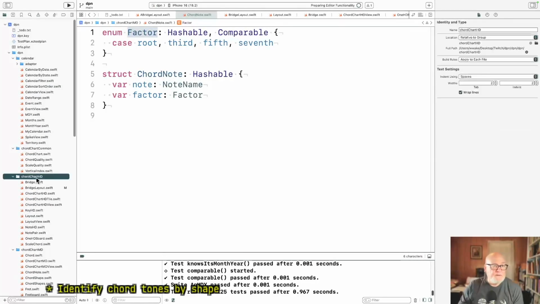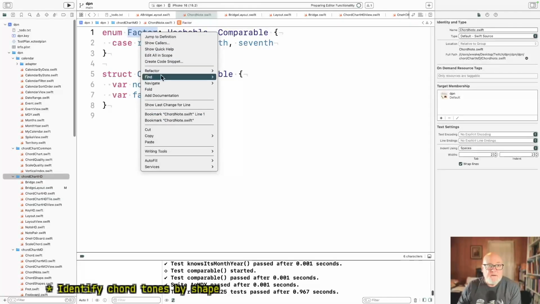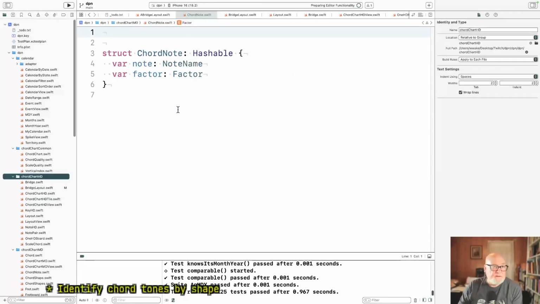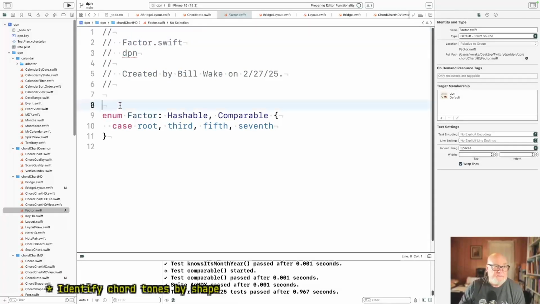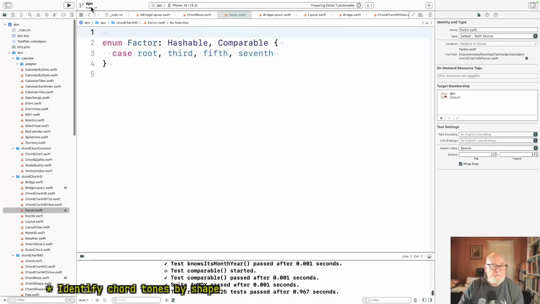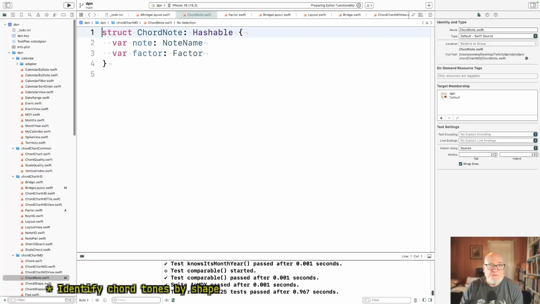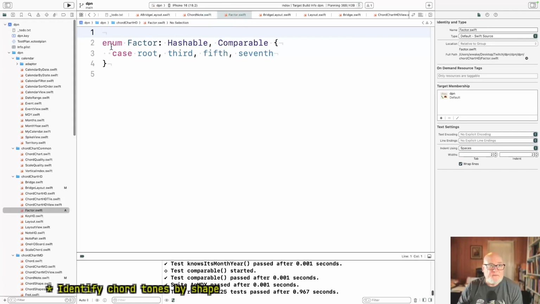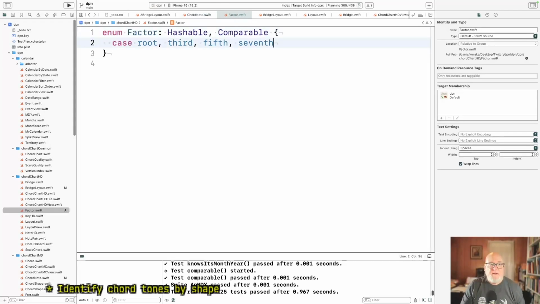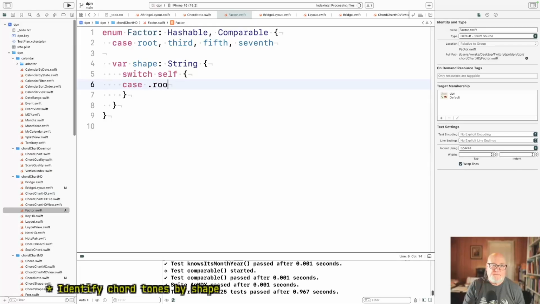Chord chart HD, refactor extract file. Okay. So my, well, I mean this is wimpy, but this does the job. Well, actually I don't even need that. I can just